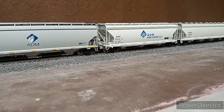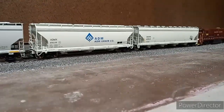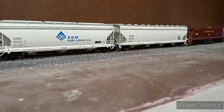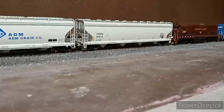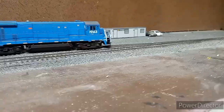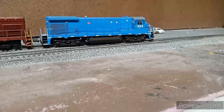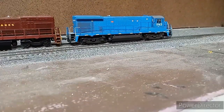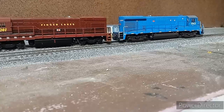I'm shoving that shoving platform all the way out so I have room to put the 2 units ahead of it, and then I disconnect and move the cars over a yard track. And I should have left them there because they would have to go out on HG2 the next time. Now we've yarded our 4 cars, and we're returning the 2 units to, we'll call it, the main. It's a straight track in the yard,